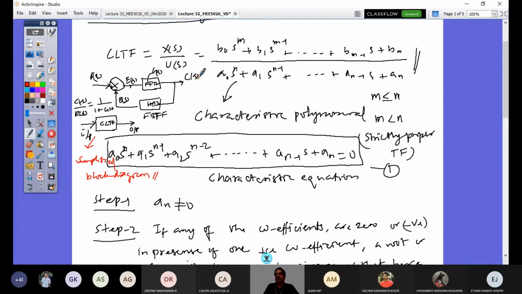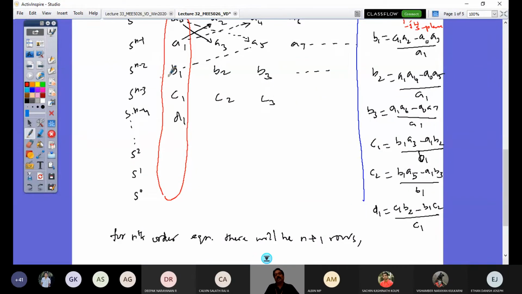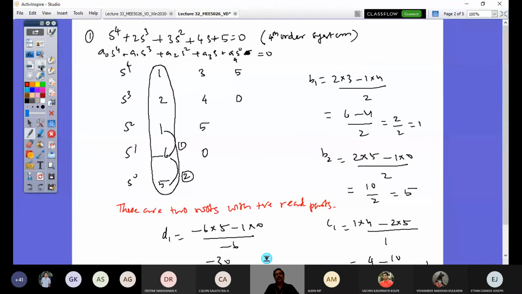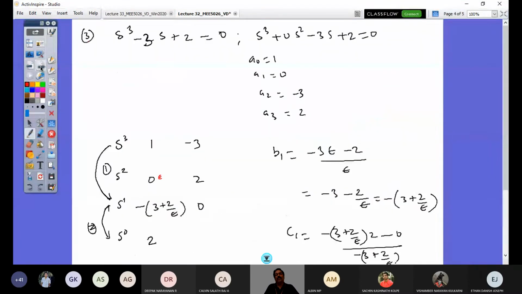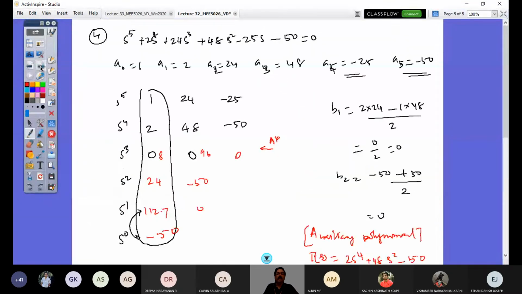So we were just looking at the characteristic polynomial equated to zero, which is called the characteristic equation. If we have the characteristic equation, you would be able to talk about stability, absolute stability, by preparing such an array. And we have looked at different example problems of a fourth order system and a third order system. Third order system, if we have a zero element in the column, what to do. And you have a fifth order system example where one row in your array comes out zero, then you need to take an auxiliary